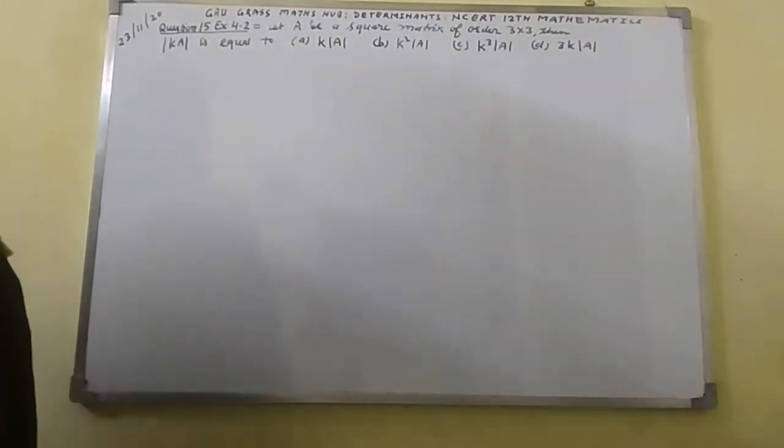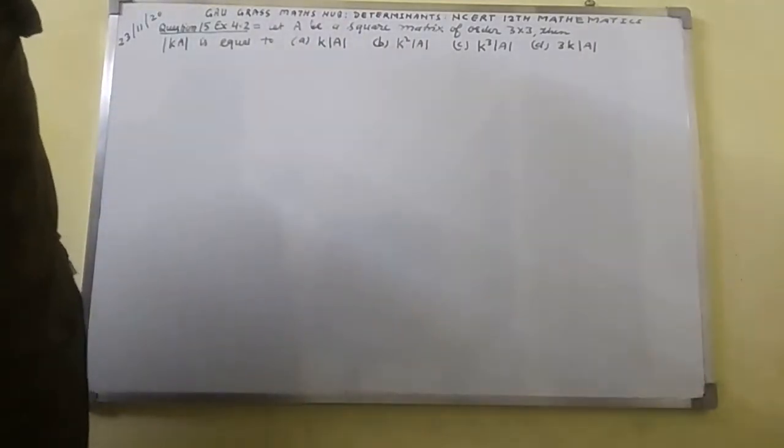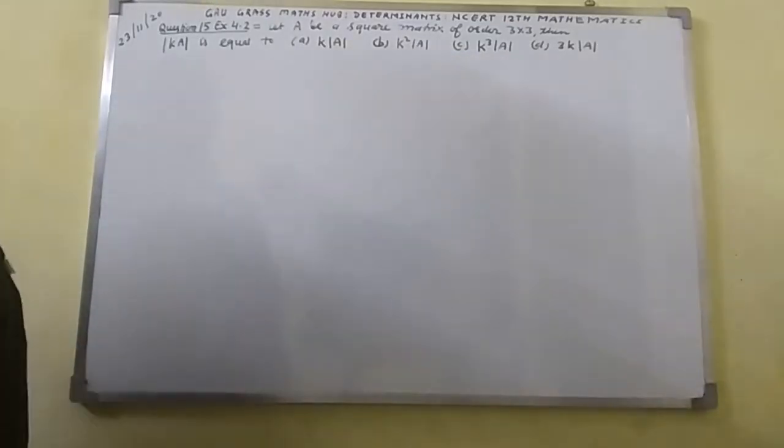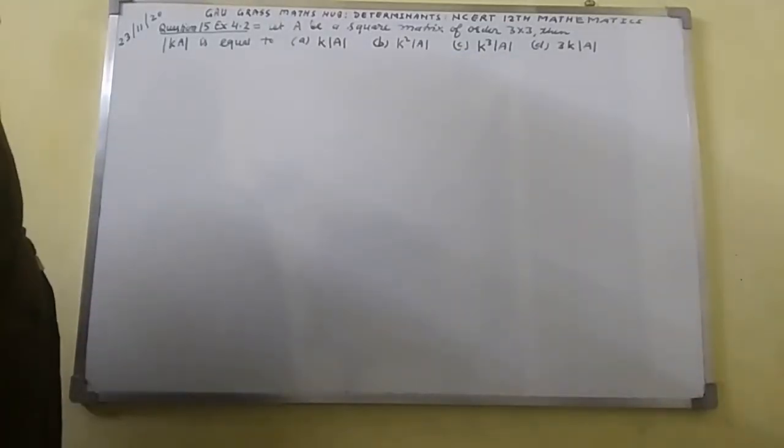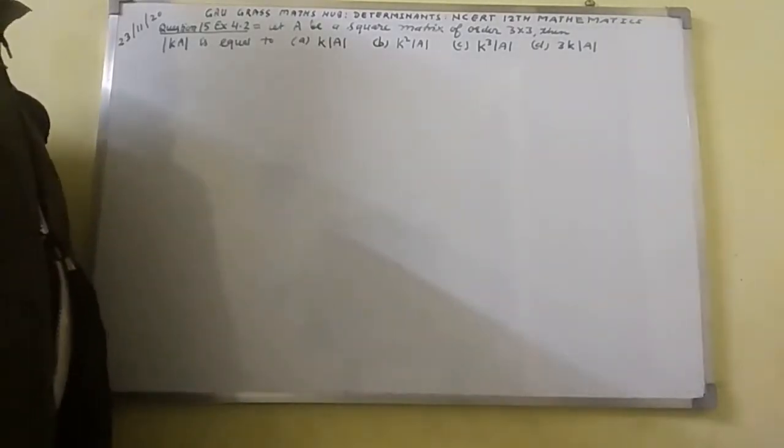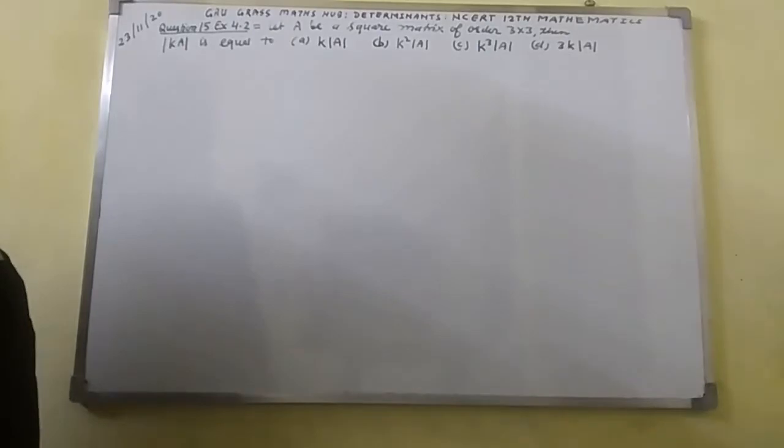I am going to discuss a multiple choice question number 15, exercise 4.2, that belongs to chapter 4 determinants in NCERT class 12 mathematics. Question number 15, exercise 4.2: let A be a square matrix of order 3 cross 3, then